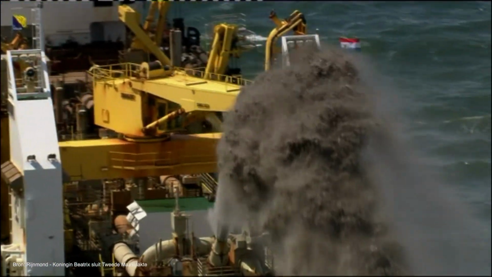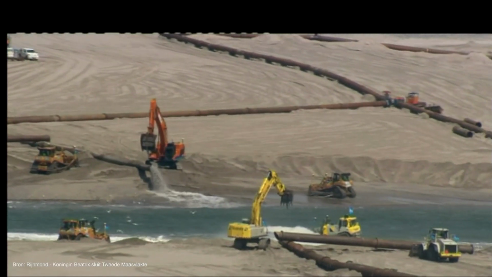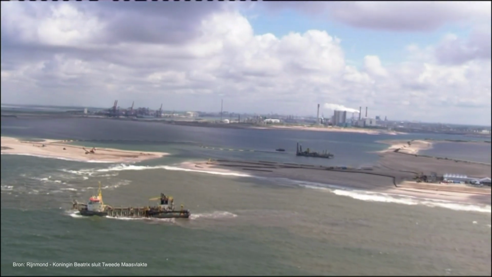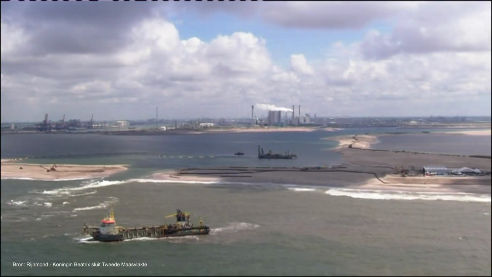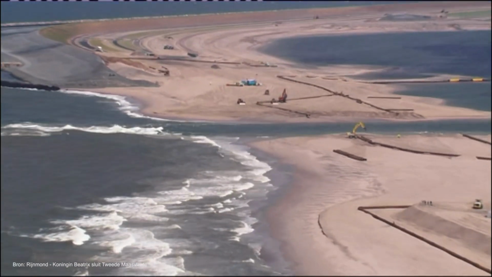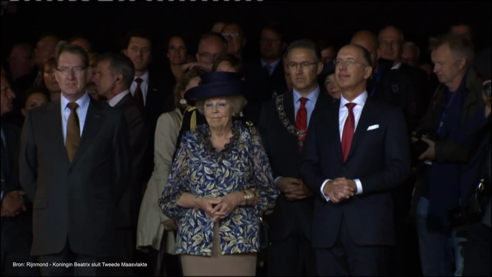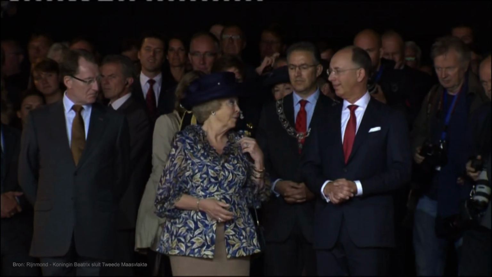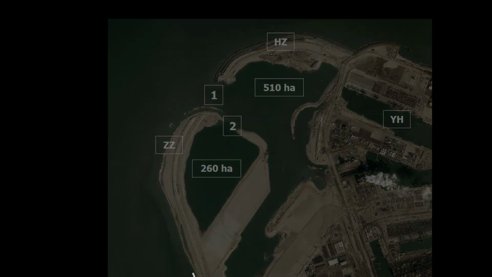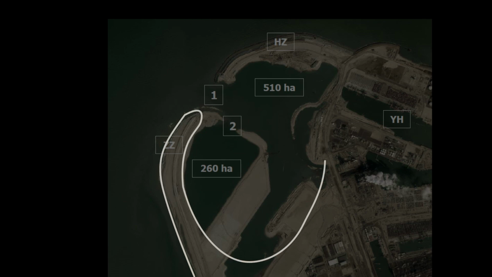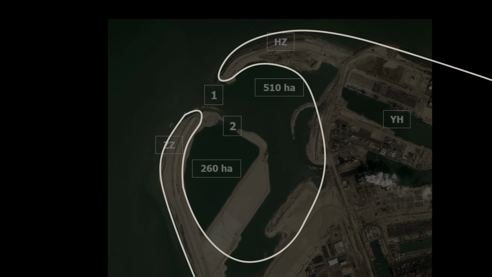All equipment needed for the closure must then be ready. A recent example concerns the sand closure of an inland lake during the construction of the Tweede Maasvlakte. The Queen was invited for this event, and of course, you don't want her waiting for hours for nothing. We will use this so-called closure gap problem as an example. The model that we will derive for this is much more widely applicable, but more about that later.